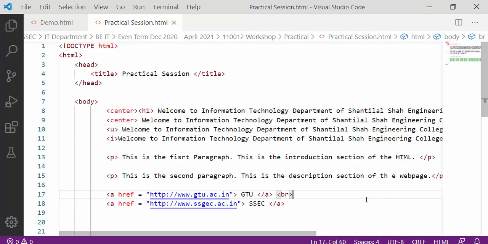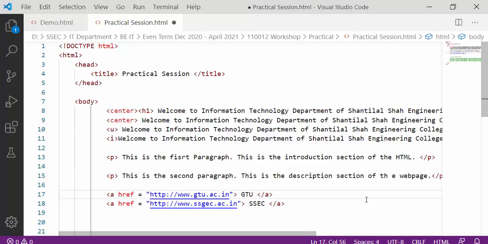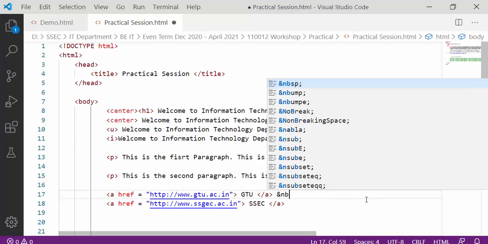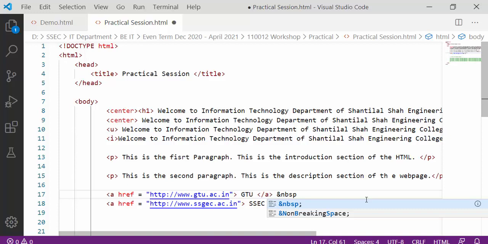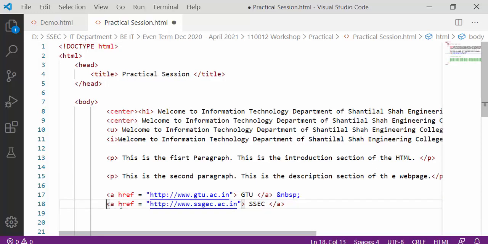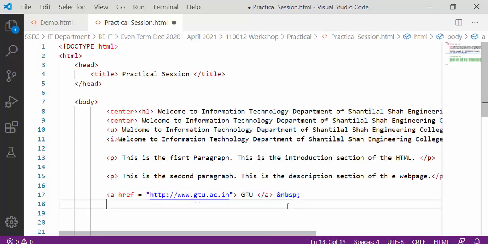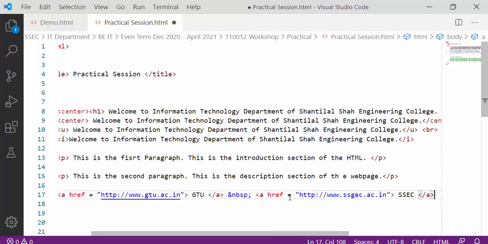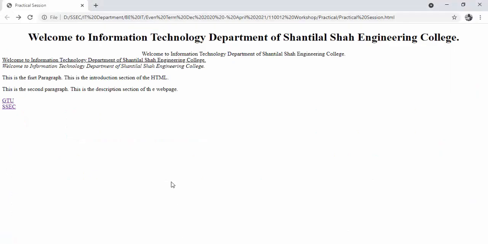Again one thing, if we write ampersand nbsp, yes, then I will copy, I will cut this and like this. So in the same line with space, you can write GTU and SSEC.